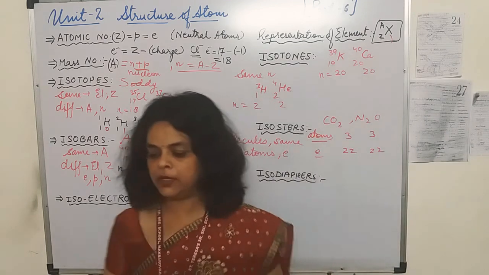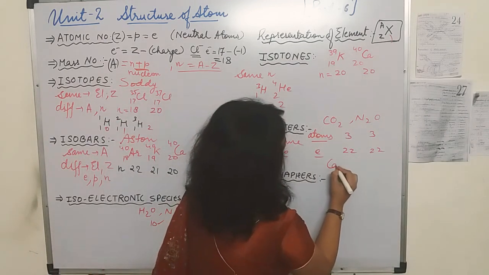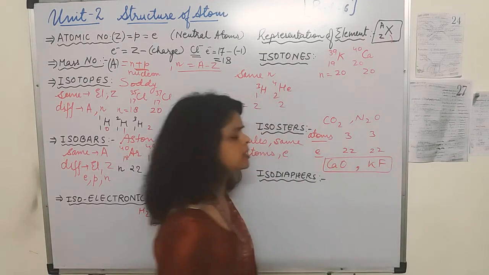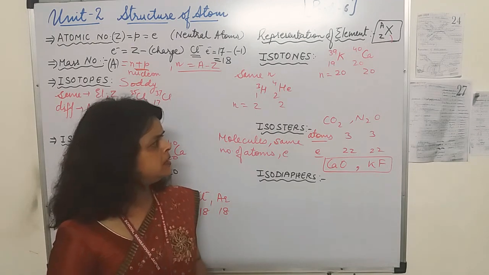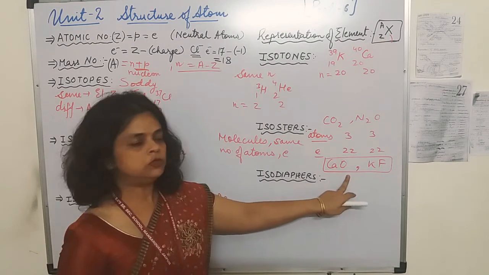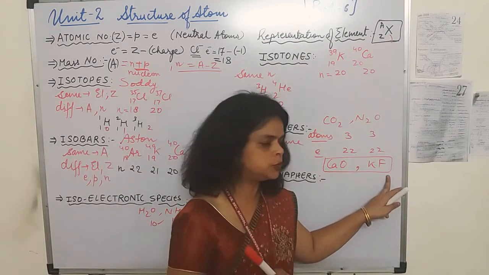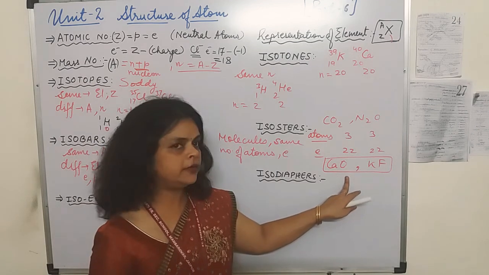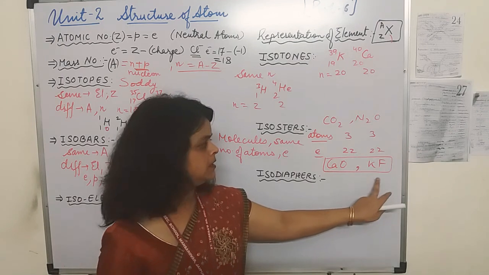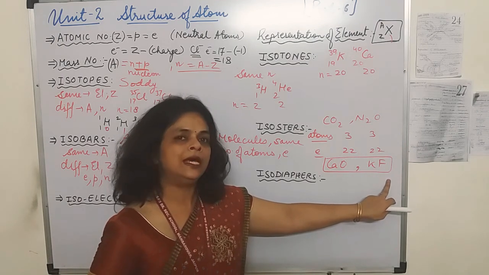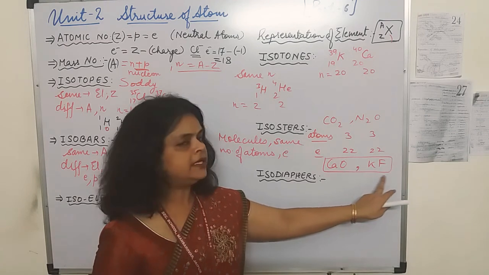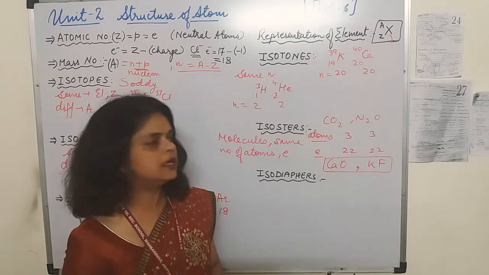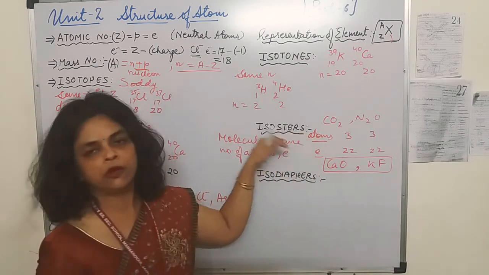You can take one more example of calcium oxide for this. Calcium oxide and potassium fluoride. Check and tell me whether they are isosters or not. 1 and 1, 2. 1 and 1, 2. Number of atoms, how many do we have? 2, 2. Number of electrons. How many does calcium have? 20. Oxygen 8. That makes 28. Potassium 19. Fluorine has 9. So 19 and 9, 28. 28, 28. That means the number of atoms as well as the number of electrons are the same. So they come under the category of isosters.